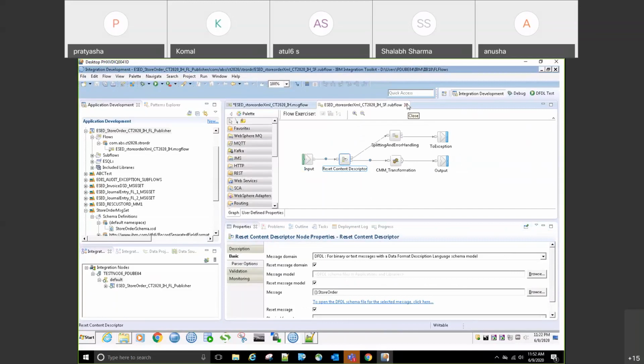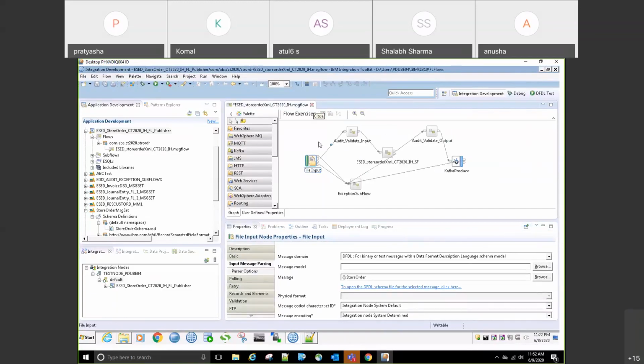This particular change was identified and suggested to us by a designer with whom we're not working anymore, but she had a suggestion, and I think that is appropriate, because unless you have a certain requirement where you need to audit the input file as it is, or some other implementation where you need a separate reset content descriptor and then do some other transformation before it goes into the compute node,